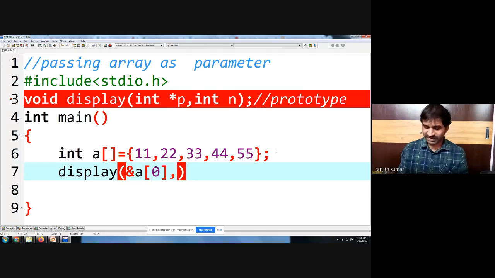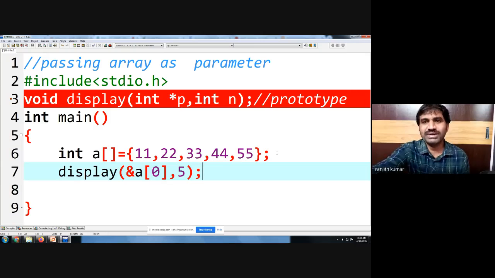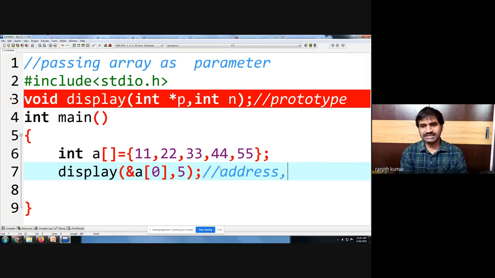And the number of elements are what? 5. So we have 5 elements to pass to the function. So the first is the starting address, and then the number of elements. Are we clear? So we are passing an address as a parameter. The first parameter is the address and the second parameter is the value.